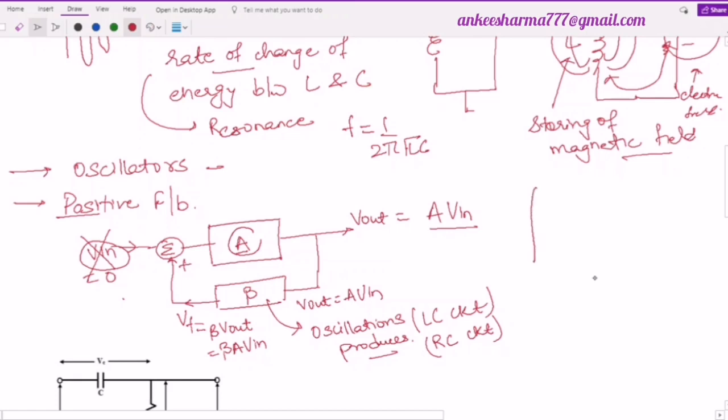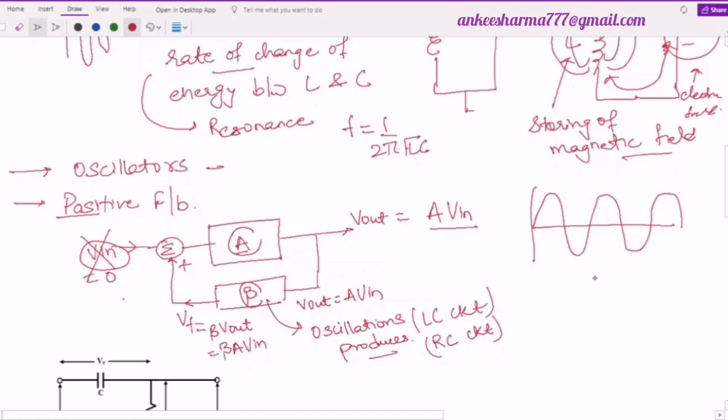Undamped means that they should not damp with time. It means they will remain like this. So this is my target. It means whatever the output is or whatever the input that is being fed in the complete cycle, that gain must be equal to 1. If I look at this gain, this is A, and in the complete circuit this gain beta will also be there, so the product of these two will be the overall gain of this system.